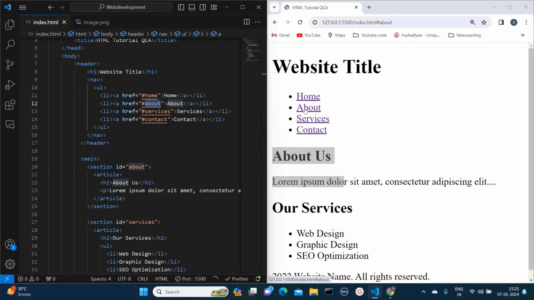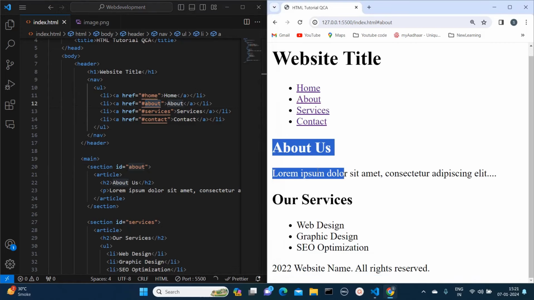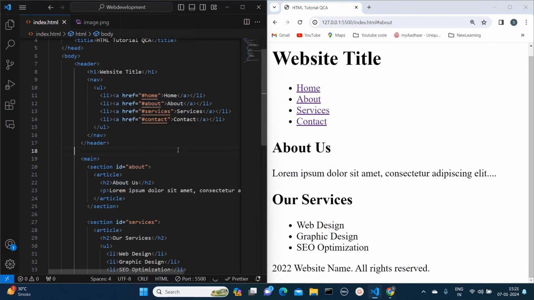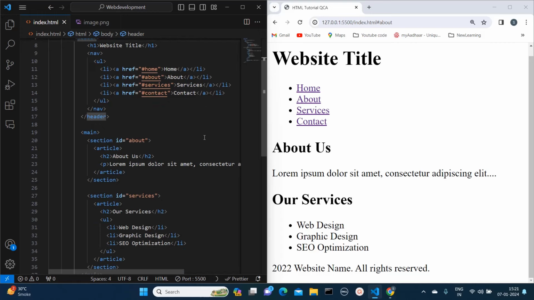So that means whenever I click on About, it will focus on this area, the About Us section. In this way, whatever content we need to place at header level should be included in the header section, so that if another person comes tomorrow, he would be able to see the logical boundaries in our HTML document. So whatever content we are going to place in the main section,